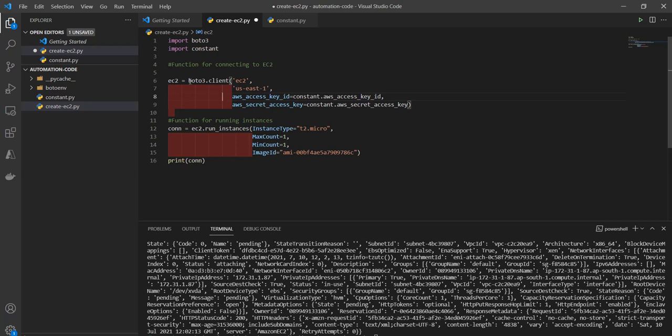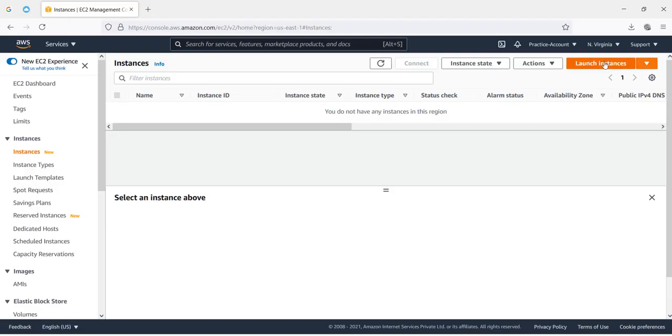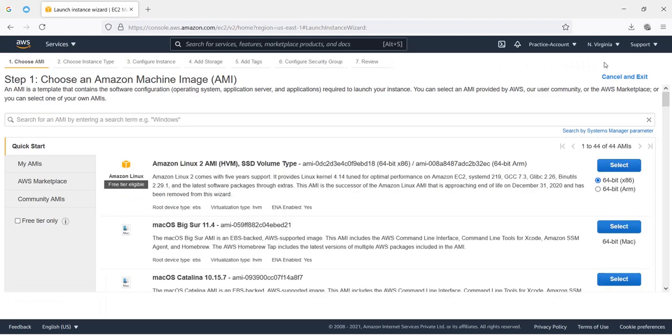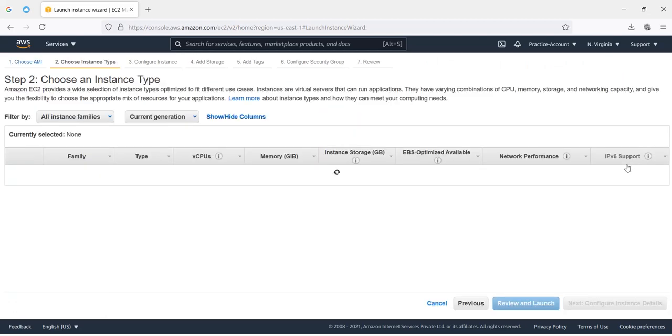Once your client has been configured, you need to run the EC2 run instance command. Here you need to define the instance type. How can you identify the instance type? You just go to launch instance and select.